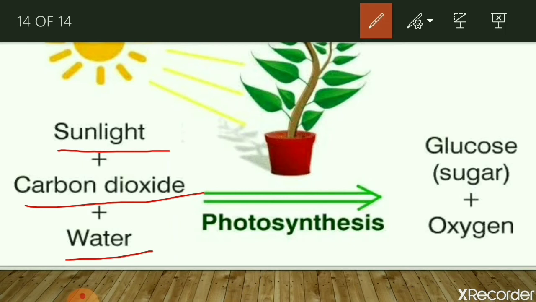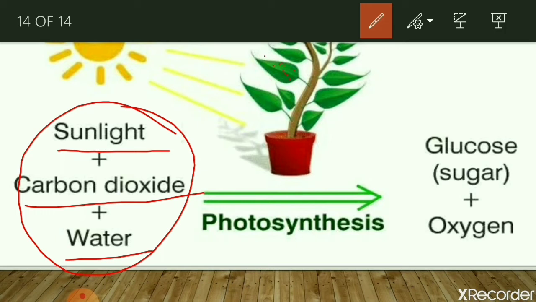So sunlight plus carbon dioxide plus water, the green plants mix them all together with the help of chlorophyll present in the green leaves, and by the process of photosynthesis they make glucose, that is the food for the plant, and oxygen. This glucose or food is spread throughout the plant to the different parts of the plant, and oxygen